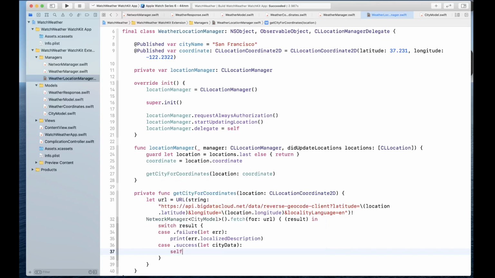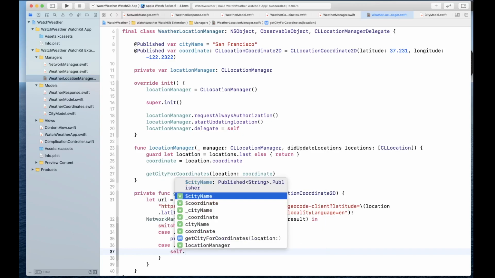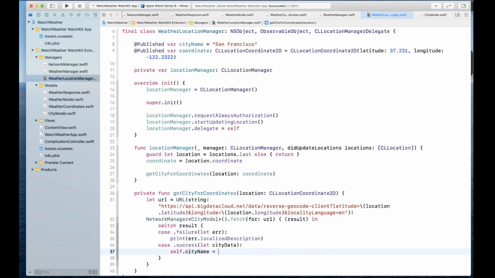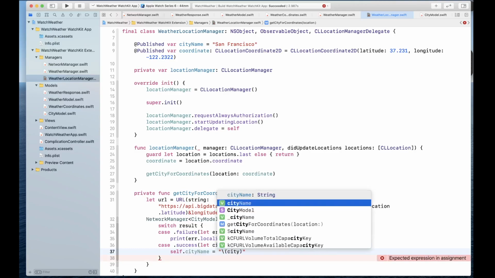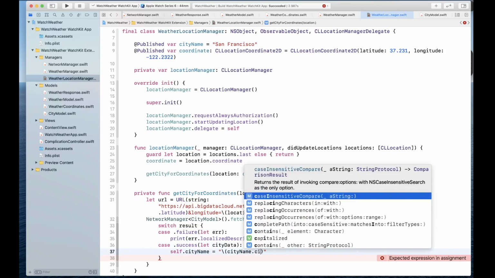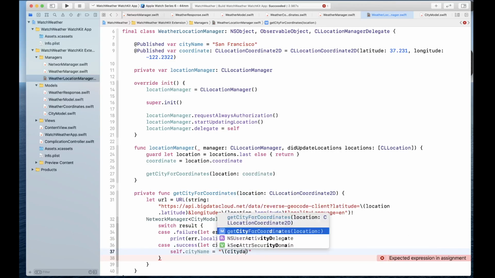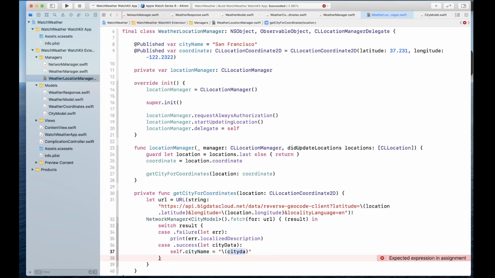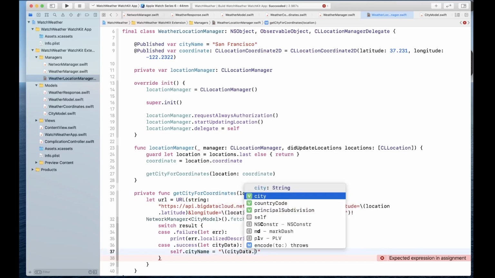And in case of success, we are going to use our city name and populate that with the city information that we have retrieved from the model, from the city data right here from the API. So city name dot city data dot city,